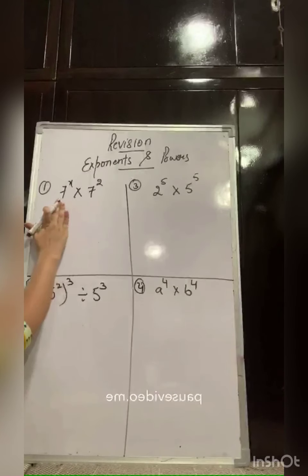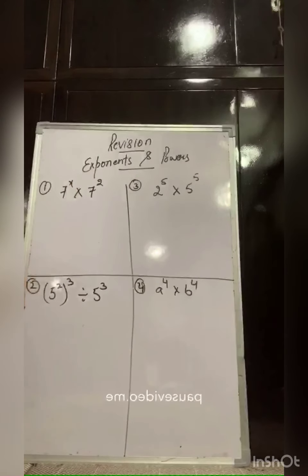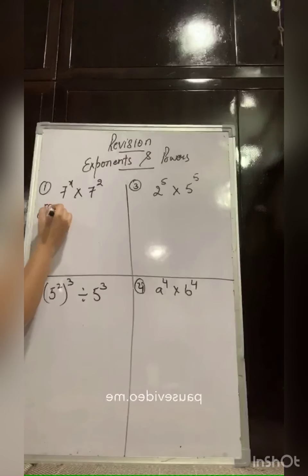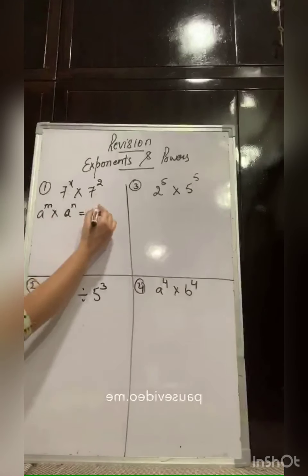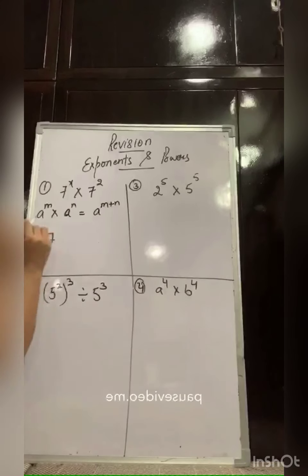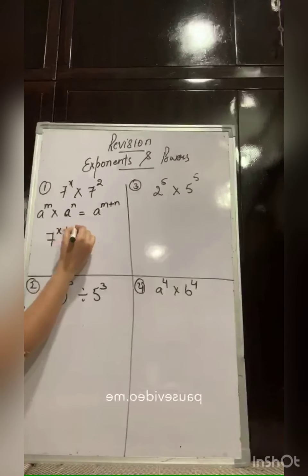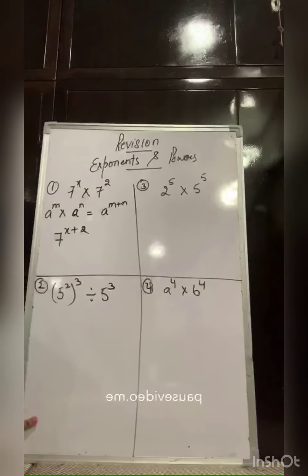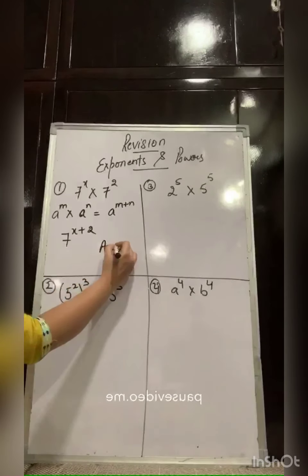So now we will apply the law of exponents here. We are having the same base, different powers and multiply sign in between. So what is the law? If we are having same base, multiply sign in between, different powers, then the powers get added. By using this law, same base, powers will be added. So it will be 7 raised to power x plus 2. This is our answer.